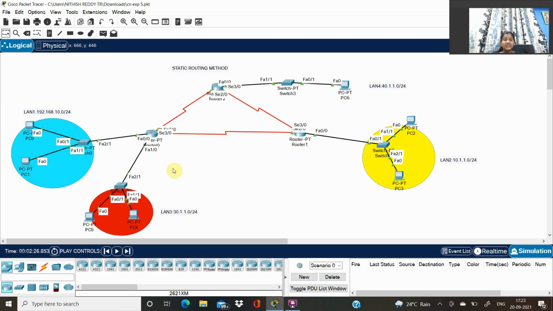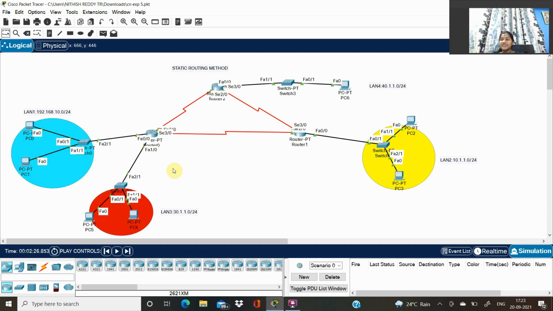This requires the routers to be configured manually for each destination, which is a significant reason that administrators avoid this.